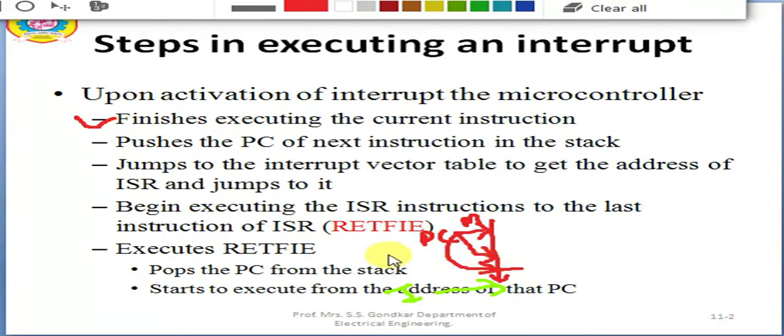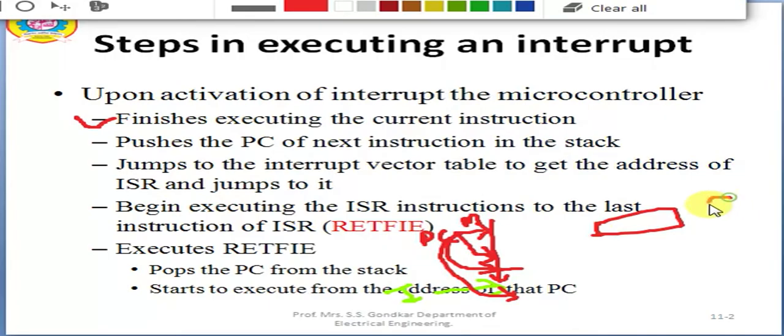Now what it will do with the contents of the PC? As this location was being pointed to by the PC, actually the PC is supposed to point to the address of the next instruction. But the interrupt has occurred in between. So the next instruction's address is stored on the stack.